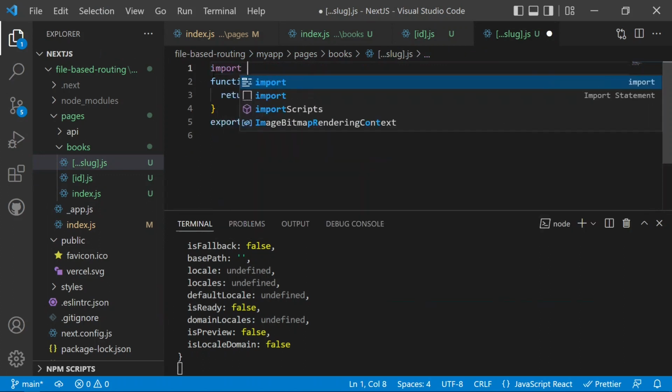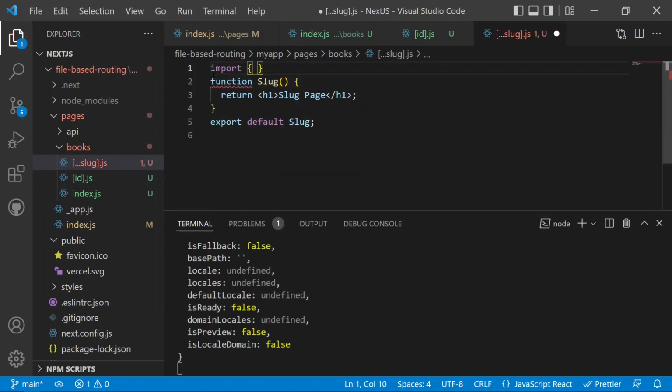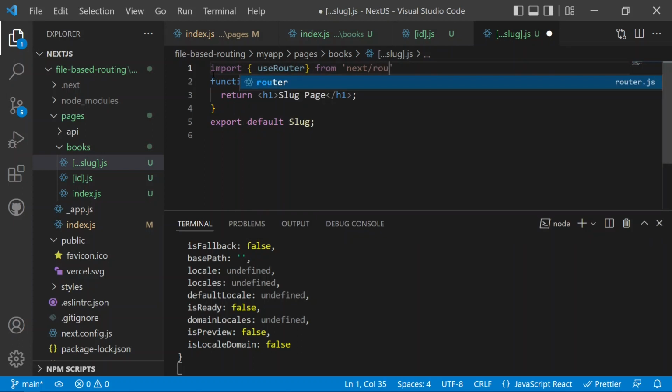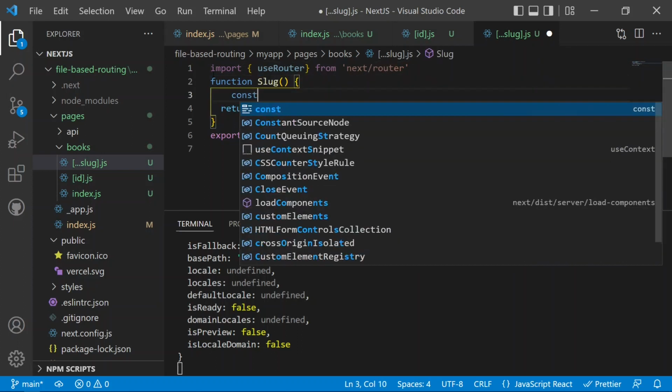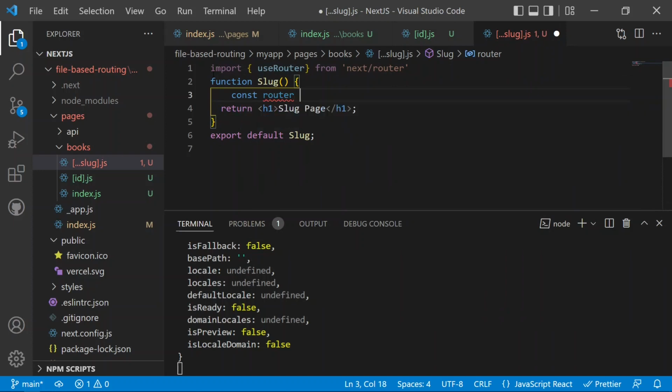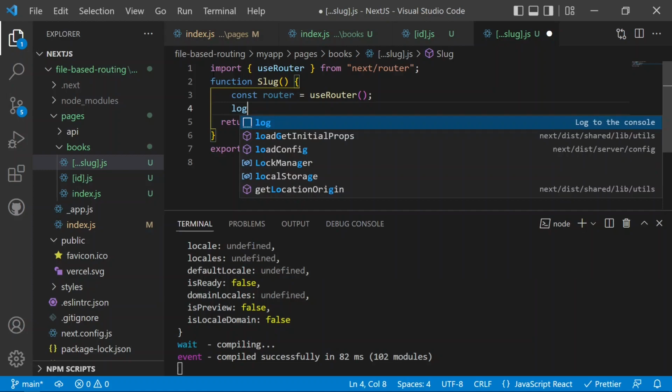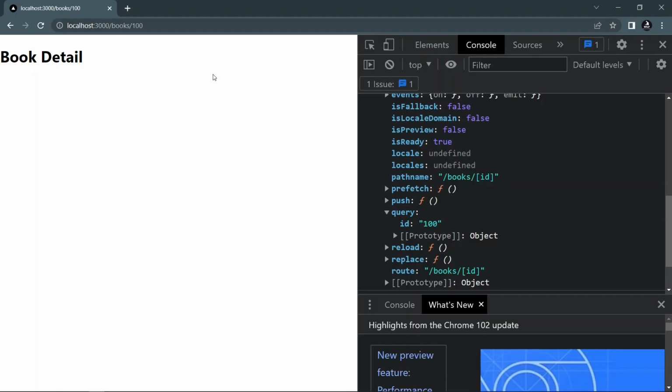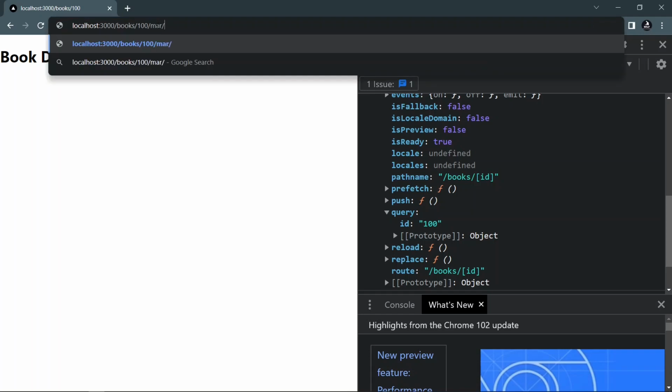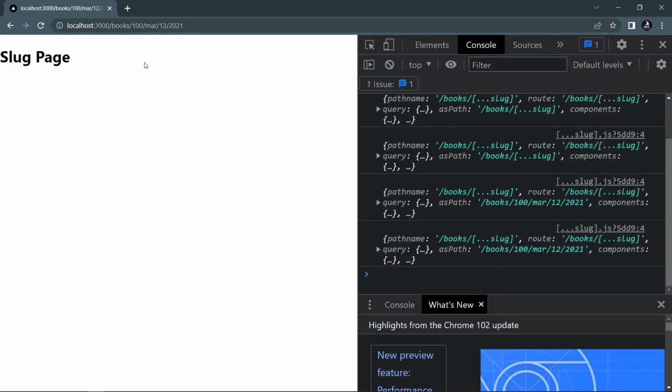We need to import again, so it will be import, and it can be the useRouter from next/router. Now we can declare router, and it will be equal to the useRouter hook. And if you log this value of the useRouter, and then move on to the Slug routes, like you can say 100, March, and then any number of values like 12 and the year as well, 2021. So if I now save,